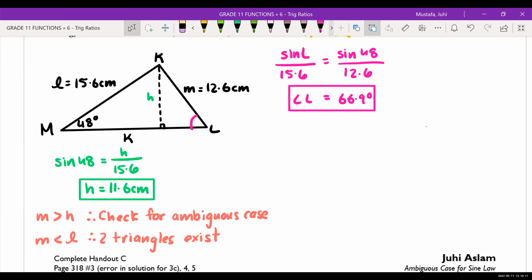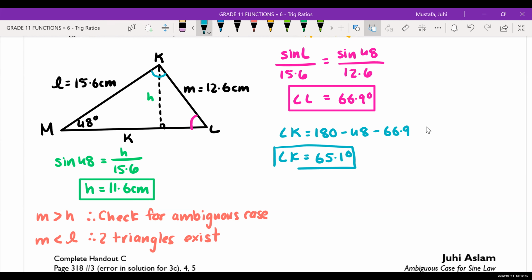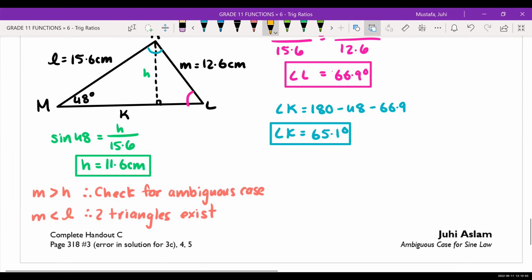Okay, then we can go ahead and find angle K, which is 180 minus 48 minus 66.9. So it's going to be 65.1 degrees. And then we're ready to find side length K. So side length K over sine 65.1 is equal to